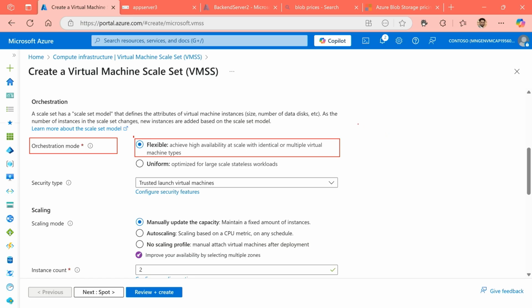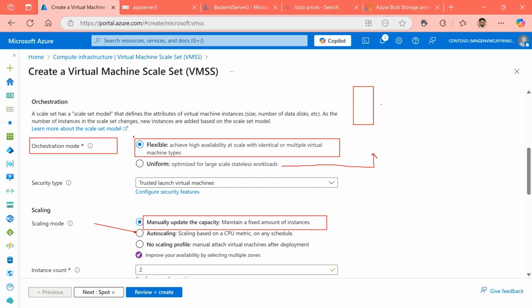Typically, when you're looking at virtual machine scale sets, you're going to define one machine, and you'll define a rule for the system to suggest if you're looking to manually scale up or scale down, or if you're looking for a solution that does that for you automatically, which will become auto scaling. Now, typically, if you have one resource, this particular type of scenario will become your uniform orchestration mode.